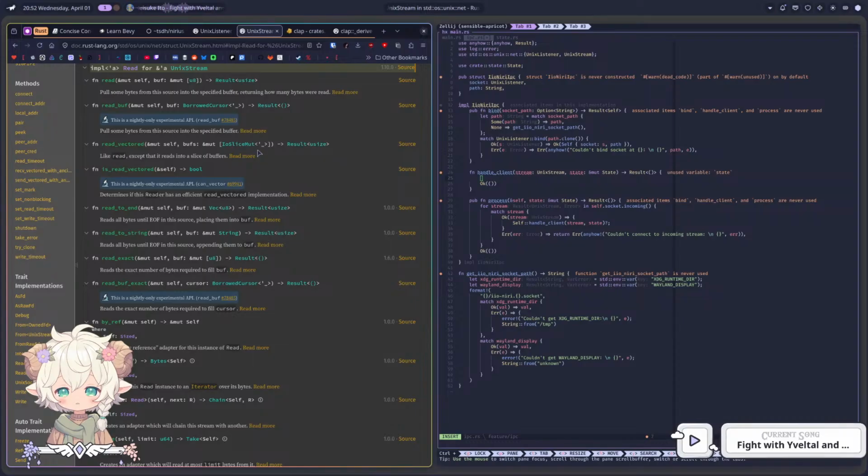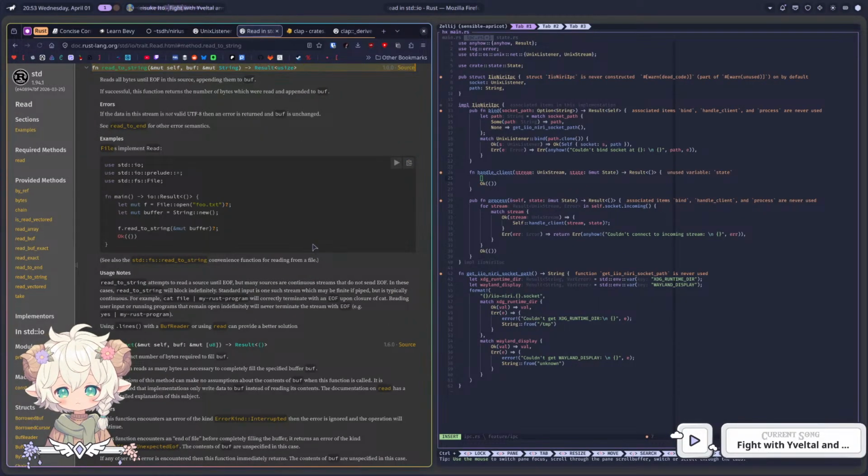Ooh, yeah, because it's just... that is interesting. Oh yeah, but no, because it's multiple connection, right? That's whatever, I have that, so I can just read to string and just do whatever. So, okay, appending them to buff. If successful, this function will return the number of bytes which were read and appended to buff. Cool. I can just use that then. I'm okay with that. So if I have the stream, I can read the string, it gives me the string,